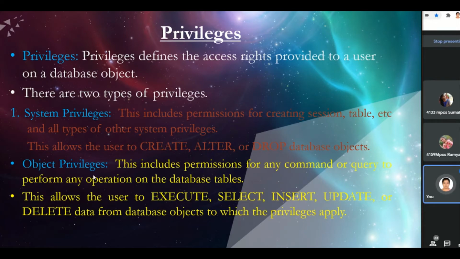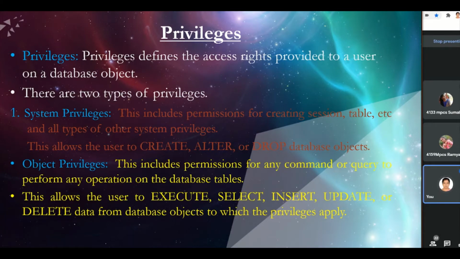And object privileges include permissions for any command or query to perform any operation on the database tables. Okay, object privileges means the permissions included to perform the commands on the databases. This allows the user to execute the commands. We can also use the execute command, which is used to execute a set of commands and procedures.